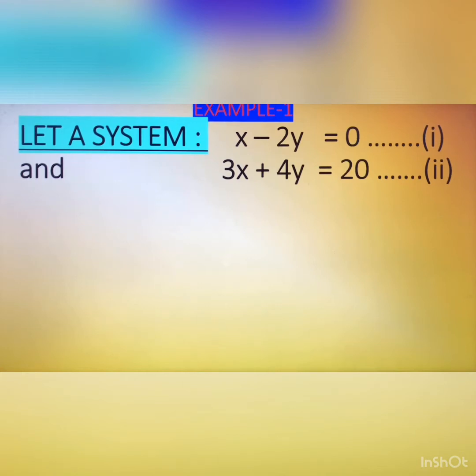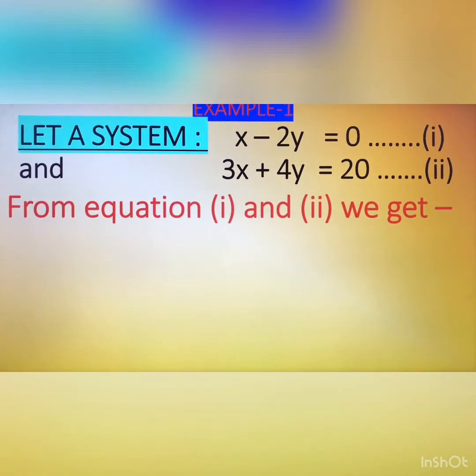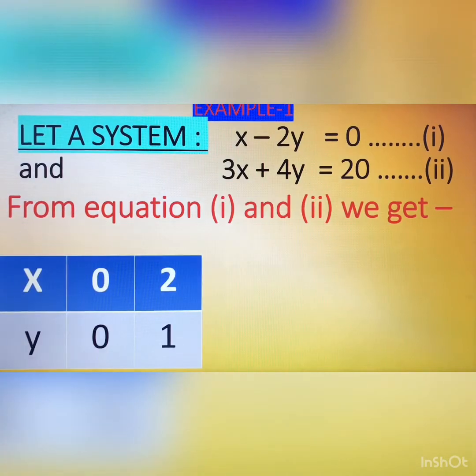This is the first equation, and 3x + 4y = 20 is the second equation. So dear, from the first and second equations we get the values of x and y. From equation number 1, x - 2y = 0, you can see that